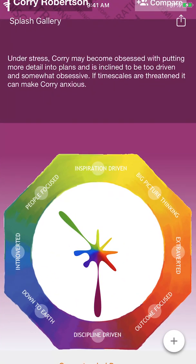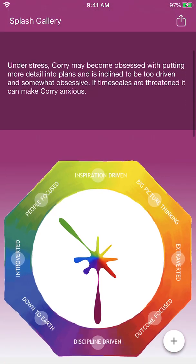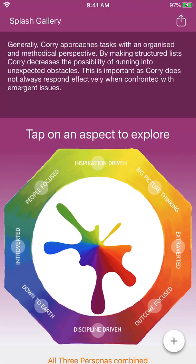Okay, so let me take you to the beginning. Oops. Here we go. Right, you are going to get this image. So this is as though your personality were a bucket of colorful paint that's been splashed up against the wall. And so it's all in this beautiful canvas, and you get to have a look at these 8 aspects of